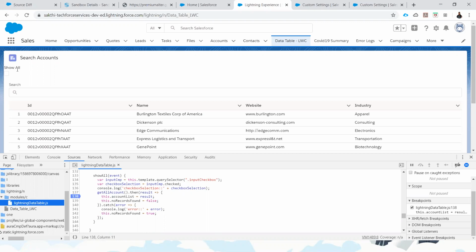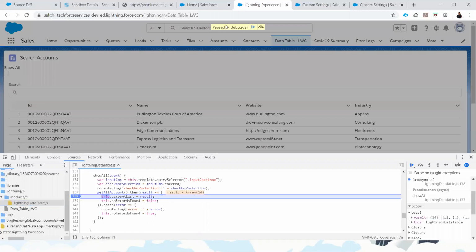Using this way we can debug easily, instead of going to check your code and adding console.log and so on. You can easily debug from the Chrome browser or Firefox browser. So basically I added the breakpoint here on this account list variable, and let me select the show all button.